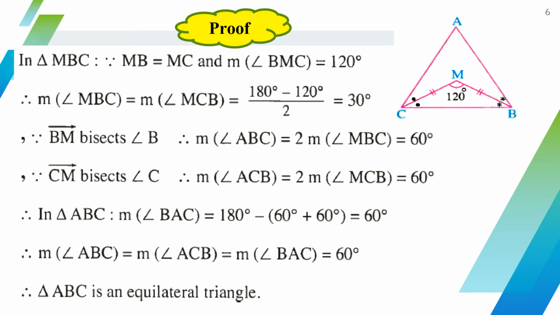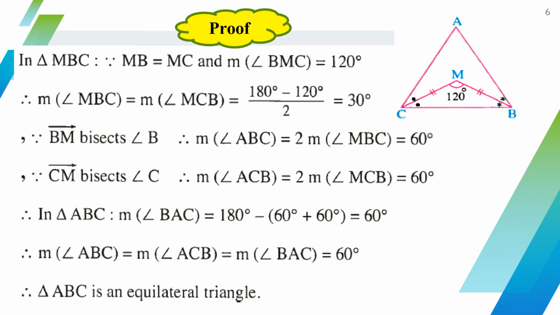In triangle MBC, MB equals MC, and the measure of angle BMC equals 120. So when MB equals MC, then triangle BMC is an isosceles triangle, so the base angles are equal. To find one of the base angles, we subtract 180 minus 120, over 2, which is equal to 30